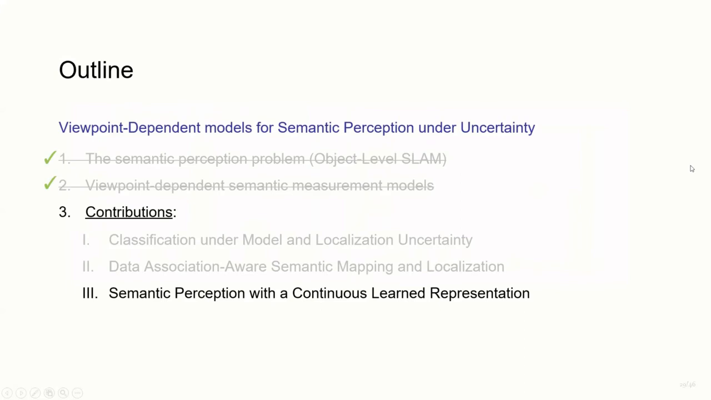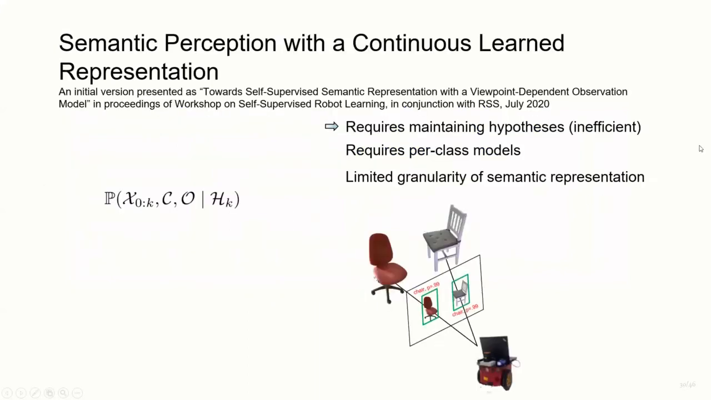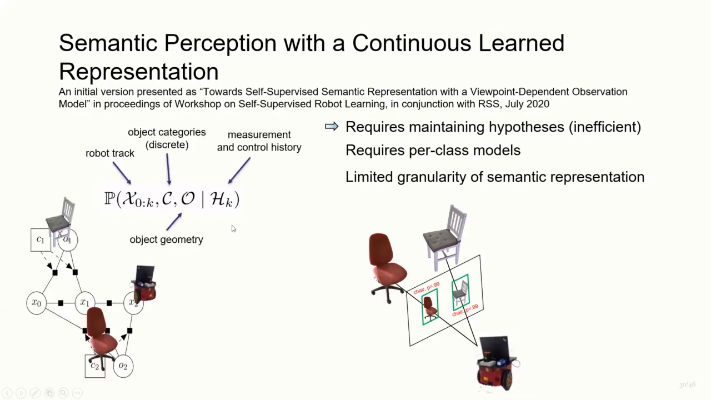Okay, so this was the second contribution. We now proceed to the third direction, which is a novel approach to semantic SLAM, based on continuous inference over a learned representation. We note that the semantic SLAM problem that we defined can be identified as using discrete